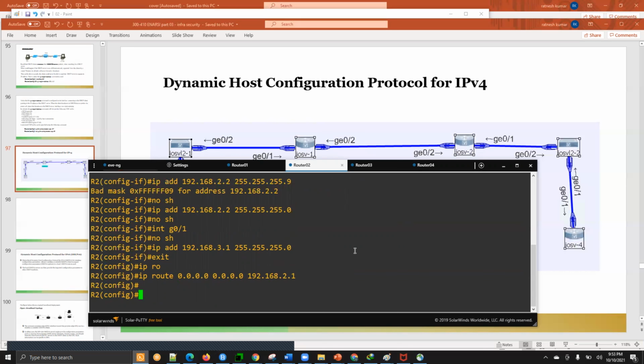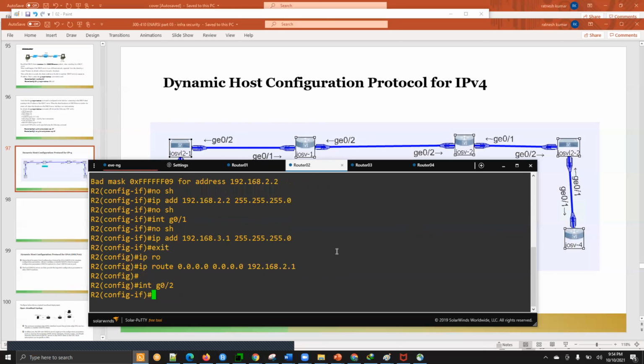We want to do the configuration related to relay, correct? And for that, you have to do the IP helper address configuration. Where you want to do it is from where the request will go pointing towards the server. That's the gig 0/2. So if you go to gig 0/2,